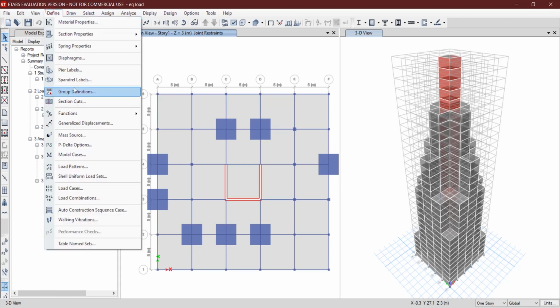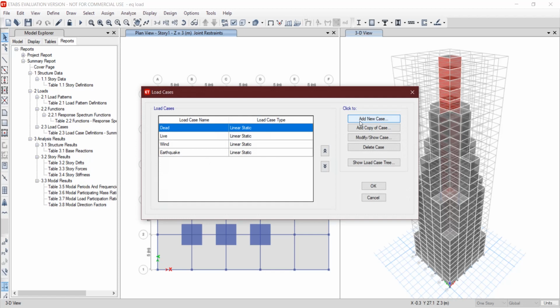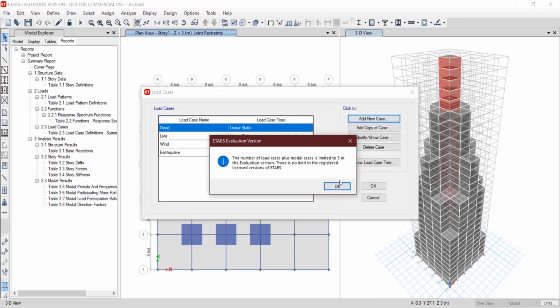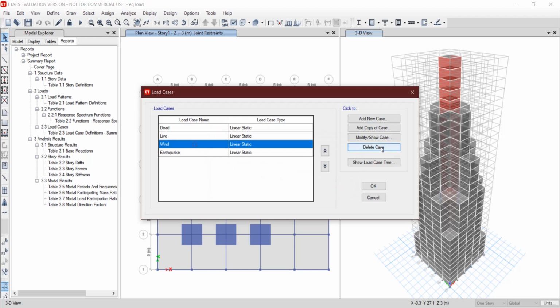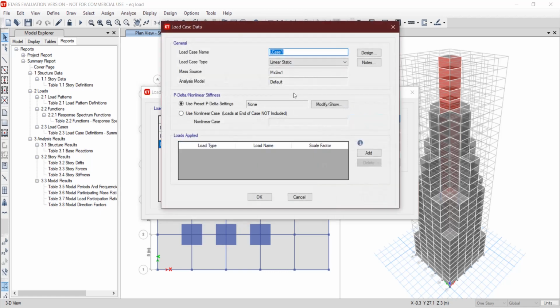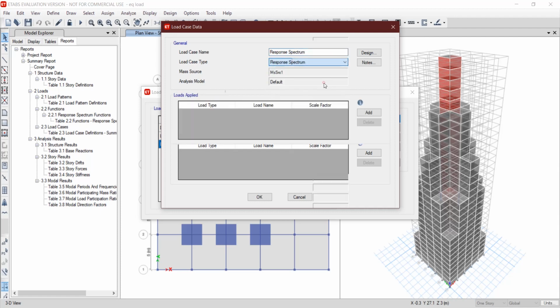Go to define load cases, then add a new case. Here you have to delete it. Okay, and then add new case. Here type response spectrum. In load case type add response spectrum.